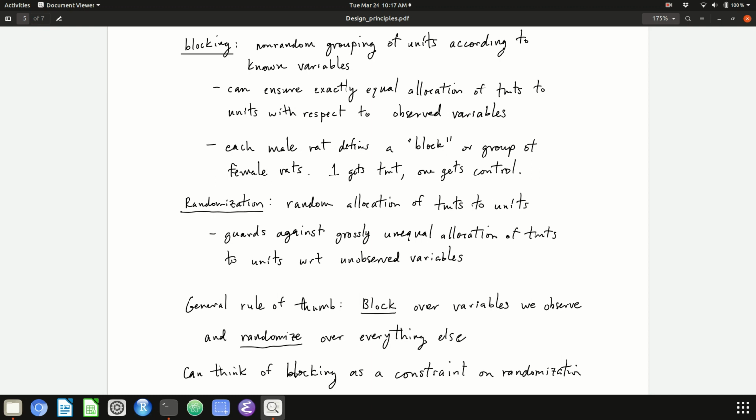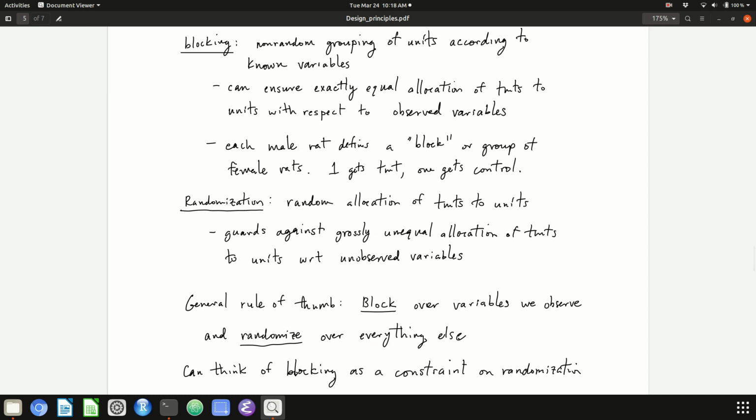So for variables that we can't observe, but we want to sort of protect ourselves against unequal allocation with respect to these unobserved variables, we use randomization. So randomization is a random allocation of treatments to units. And like I said here, this guards against a grossly unequal allocation of treatments to units with respect to unobserved